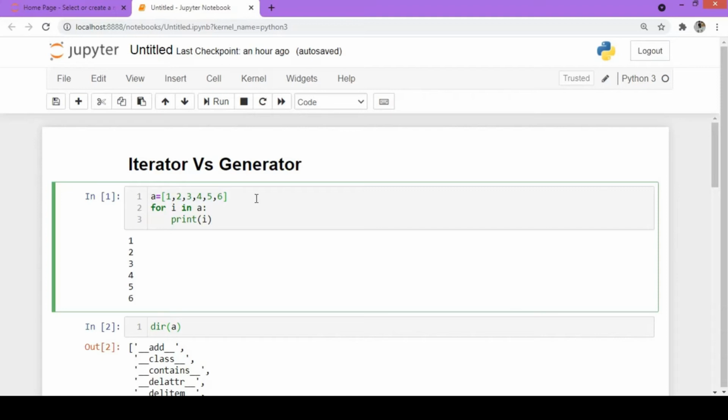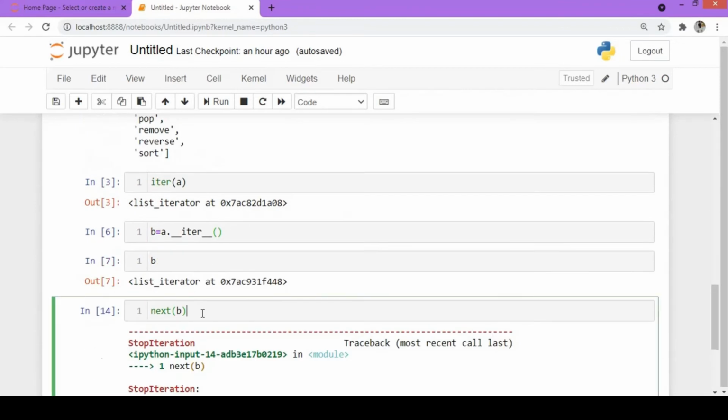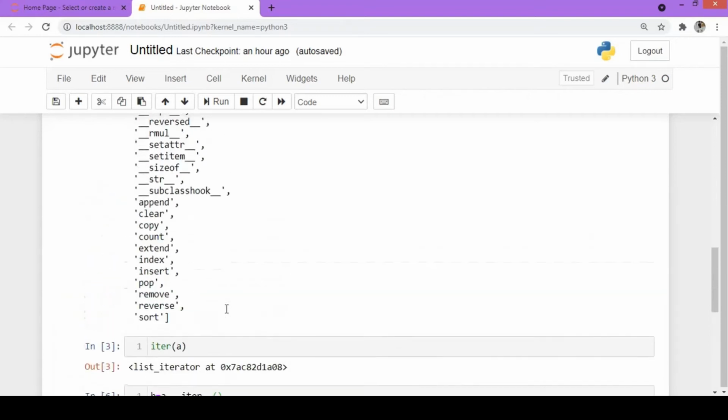We can't store millions of records in a list, as we may get memory issues. That's the reason why we use an iterator. By using an iterator, we access one element at a time, using the next keyword. So that's one advantage. And the other advantage is, for example, if you want to create your own